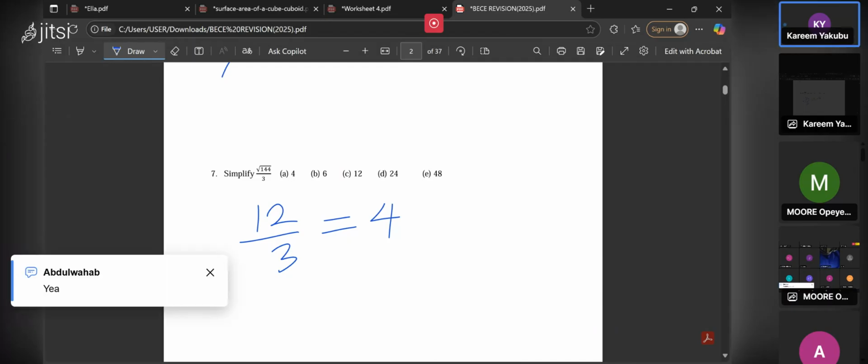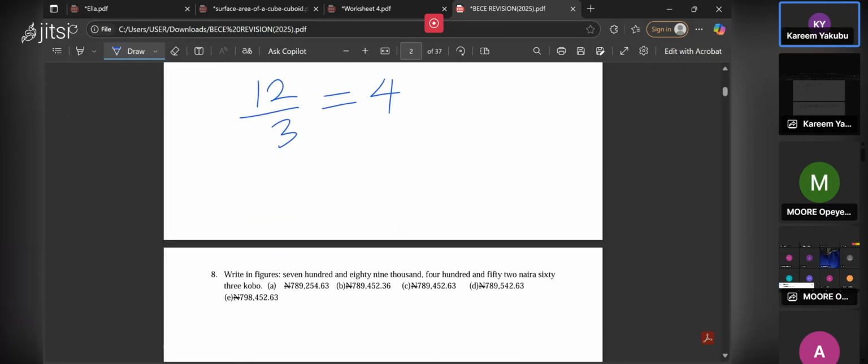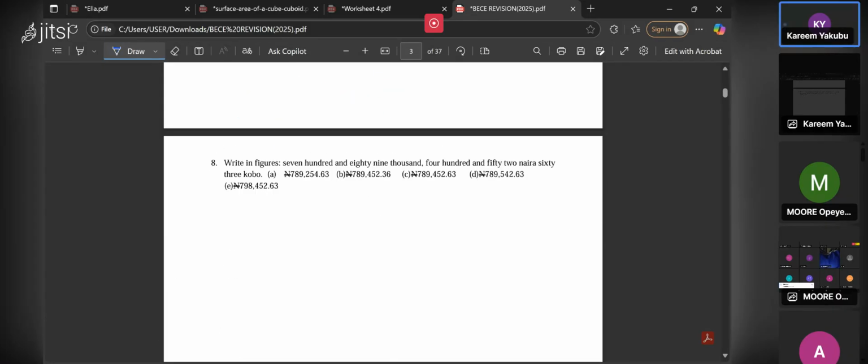So the answer to this one is 4, because the square root of 144 is 12. So 12 divided by 3 gives 4. Now, question 8. Write in figures